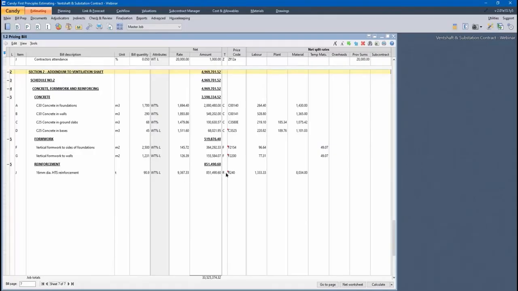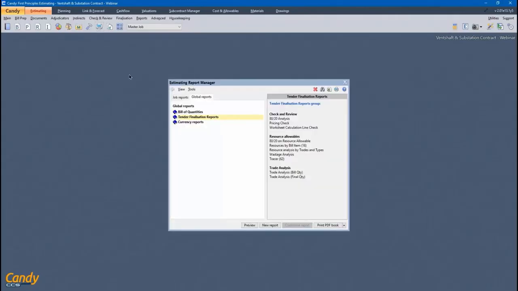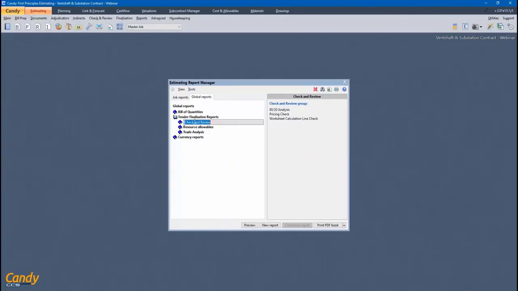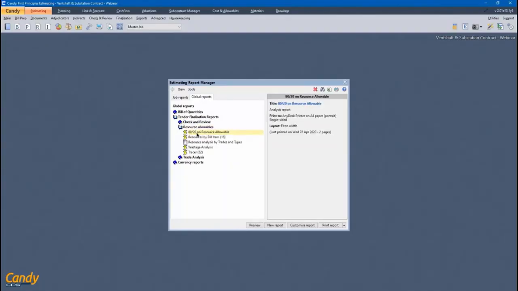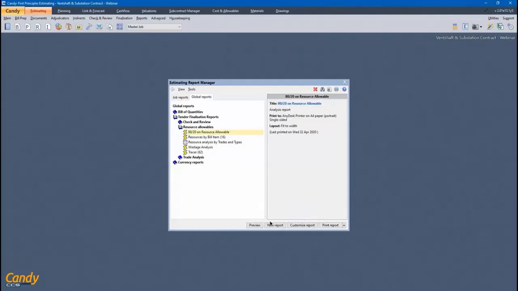Okay, so back in Candy, and I've priced these bill items. I've got all of them priced using worksheets, and let's show you some reports now. One of the ones that I mentioned was the 80-20 on resource allowable. This particular one, you'll see, orders my resources by their value.